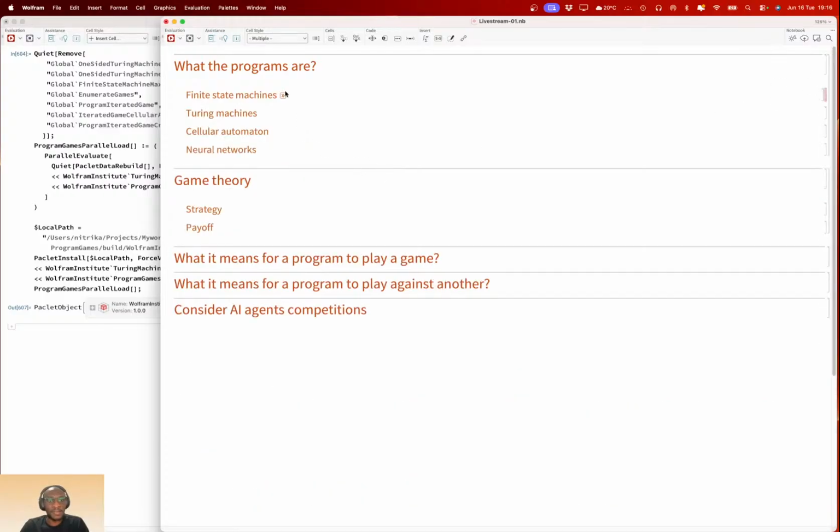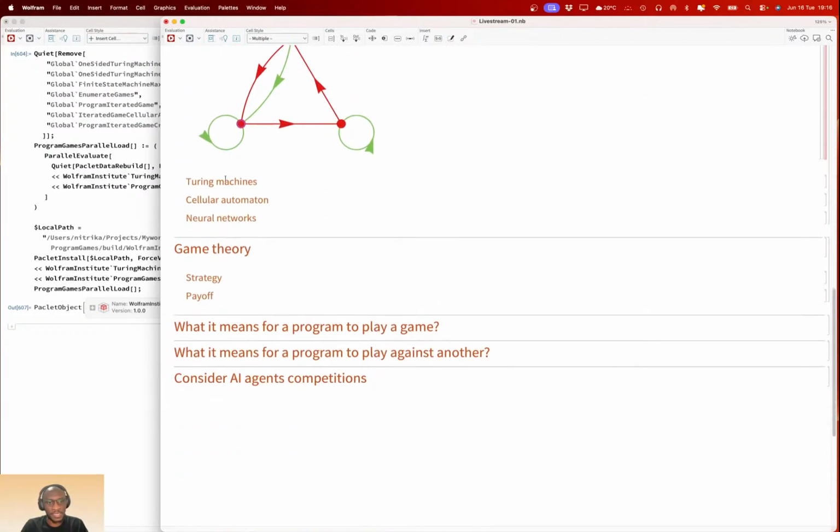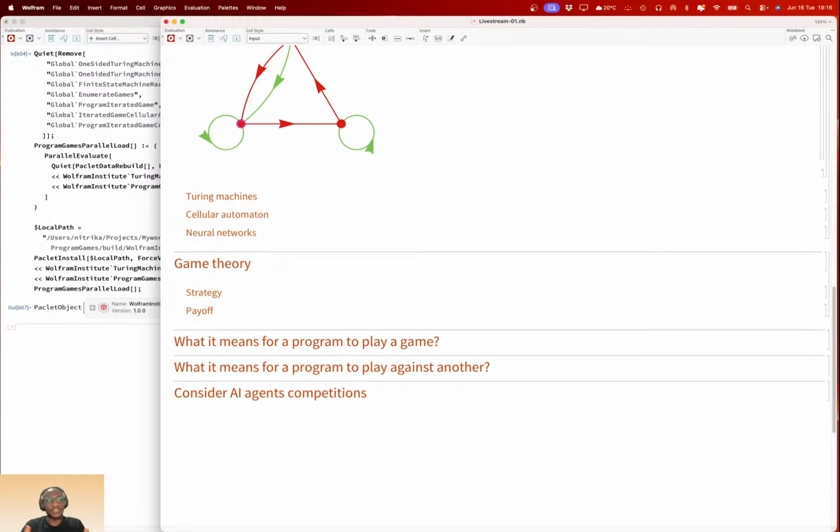What we will be looking at is a program, in a sense. So let's represent this as a program. When you talk about a program as a rule, what you're asking is what a finite state machine looks like.